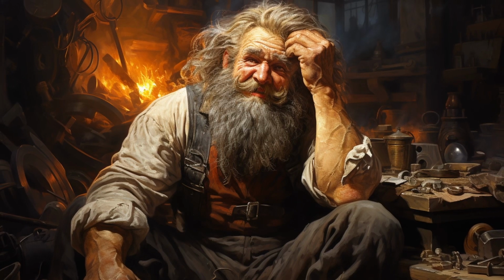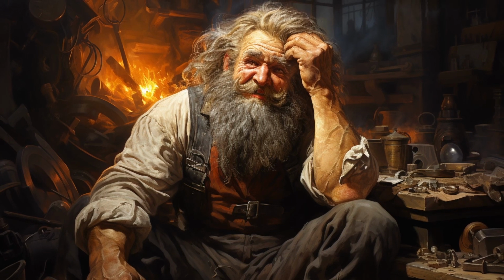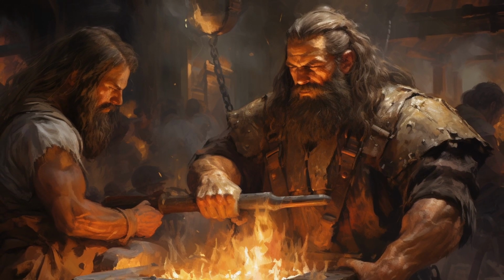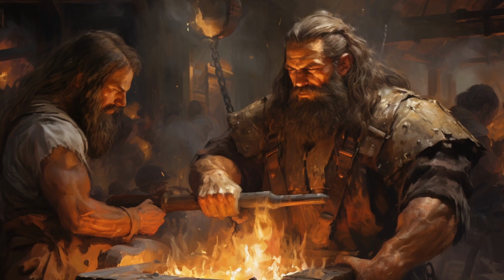But now comes the last item. Now it's an item that Brokkr and Sindri recognized they needed to be particularly careful in crafting because things would get messy if they messed up. But of course, with his head on the line, Loki stings Brokkr in the eyelid so that he couldn't see what he was working on. It's said that he bled enough to where he literally couldn't see out of his eye, but they finished anyway. And even still, after all the distractions and Loki being an absolute menace, out of the fire comes a hammer